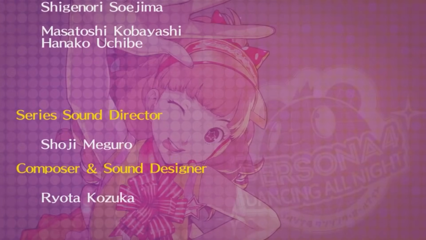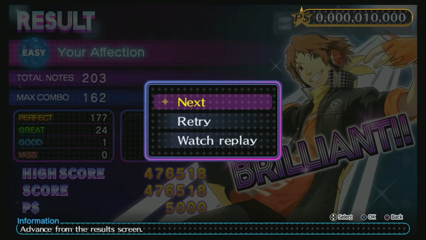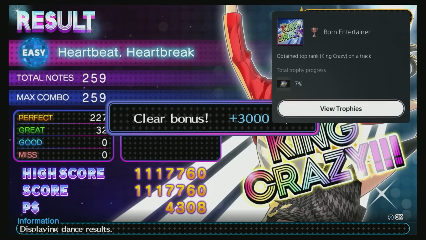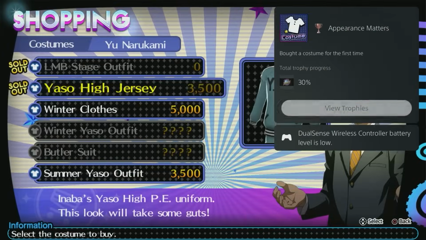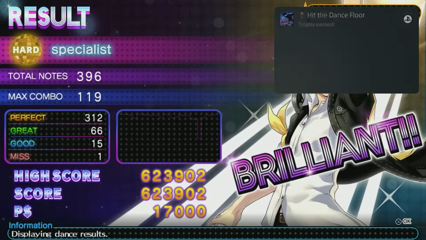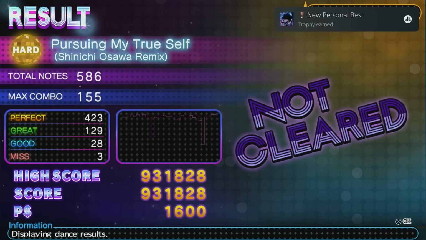I'll be skipping the story trophies since we already covered those. I get What's a Miss for dancing without a miss, Working Together for triggering a bond fever, Born Entertainer for getting a king crazy, Love Connections for performing a full combo, Time to Party Harder for unlocking Margaret, Appearance Matters for buying a costume, Fashion Police for changing costumes, Perfectionist for getting over 50% perfect notes, Hit the Dance Floor for doing a free dance, The Final Touch for equipping an accessory, New Personal Best for beating my high score,